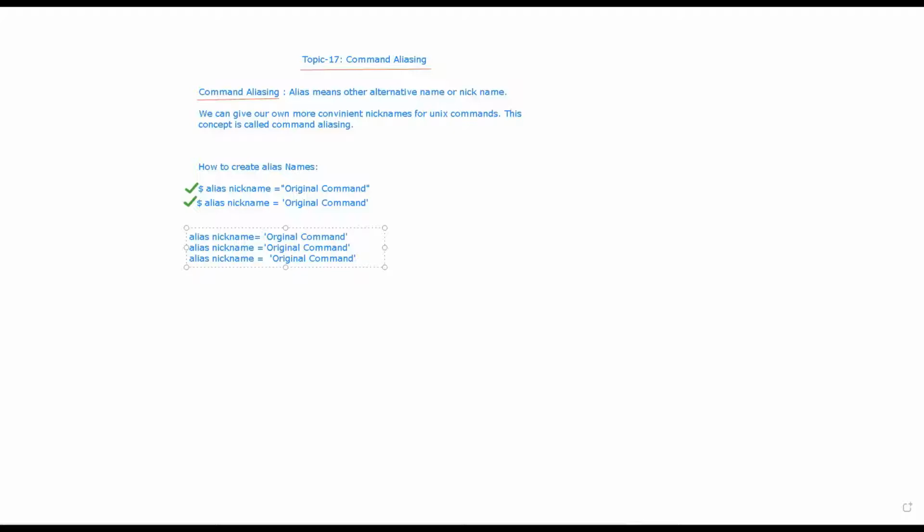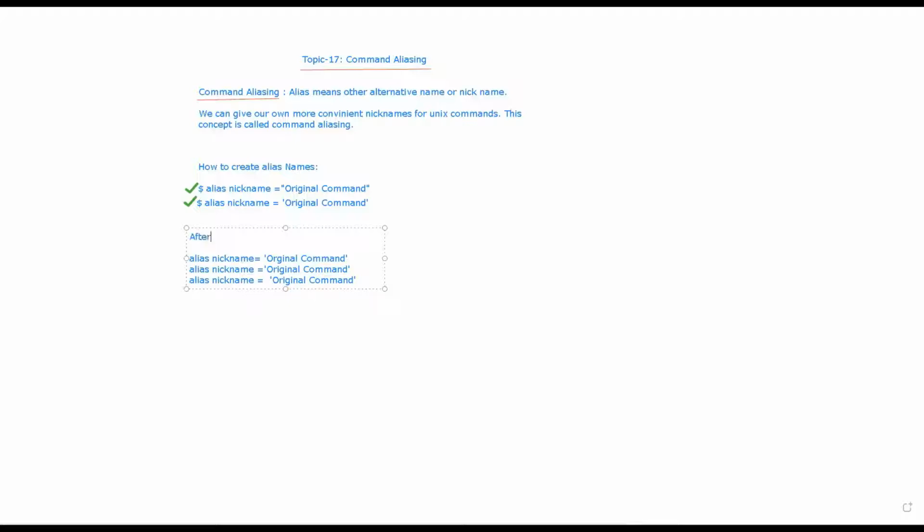And here I am adding the space and then using the equal sign, right? And in the third case, I am adding space here, the equal sign, and again adding space. So basically, the below three are invalid alias names, right?